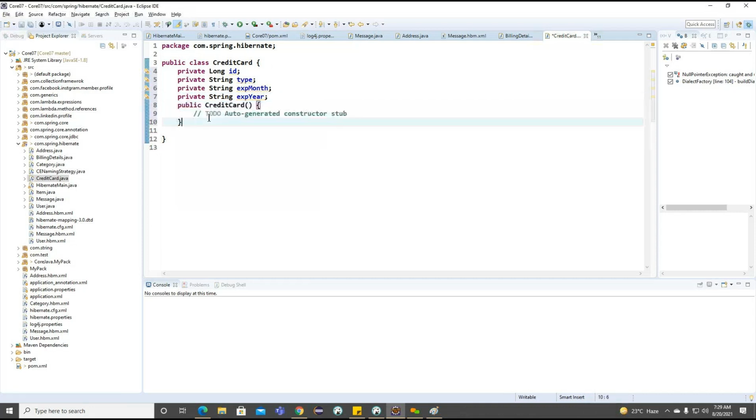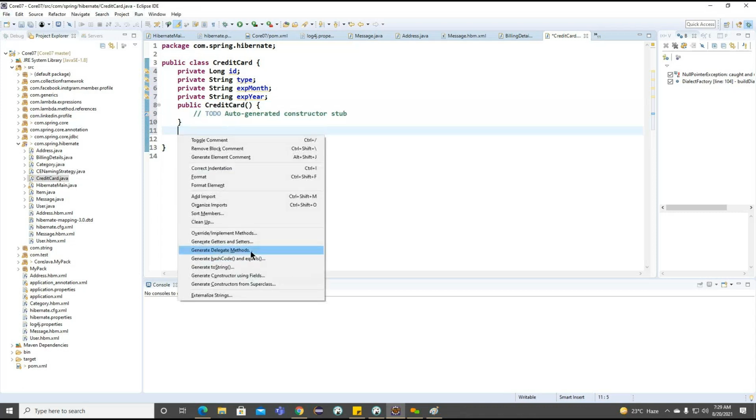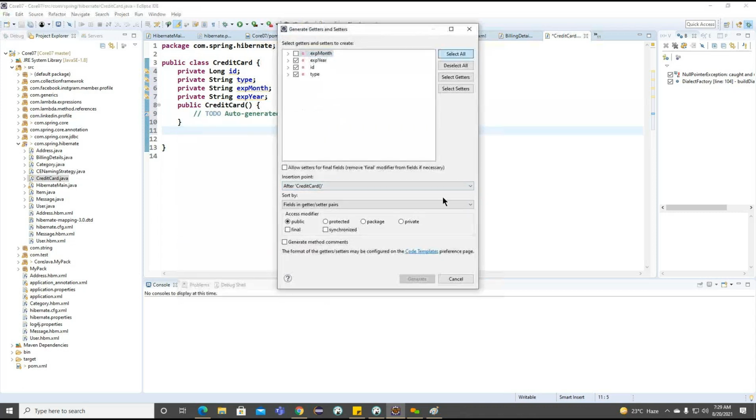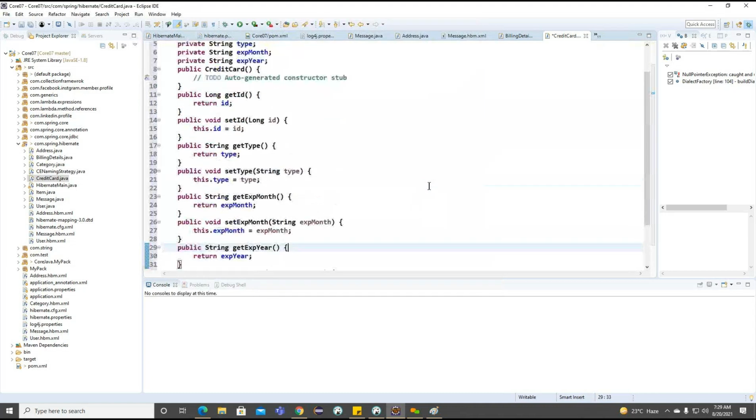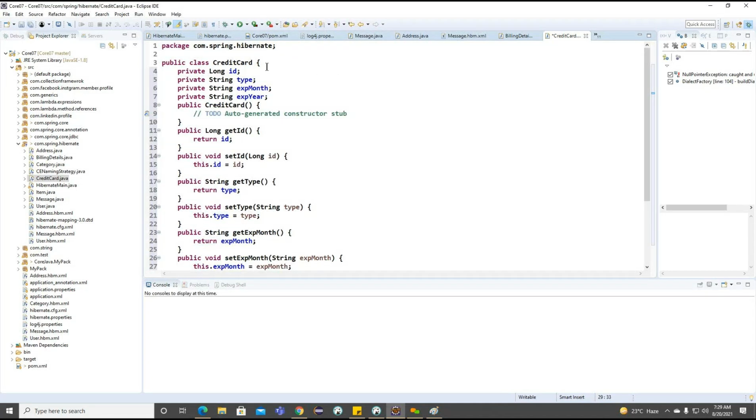Getting the point. So now generating the constructor, default constructor, and setters and getters for this CreditCard. Now if you observe, this CreditCard is going to extend from the BillingDetails here.